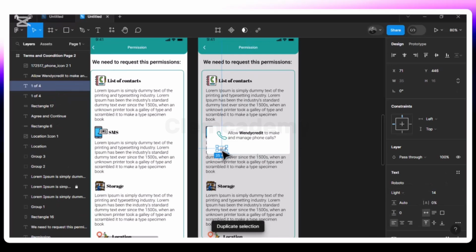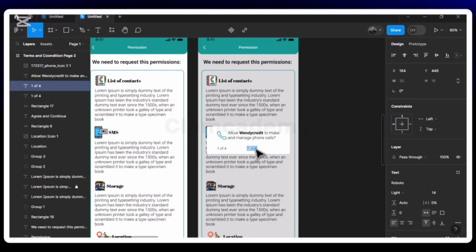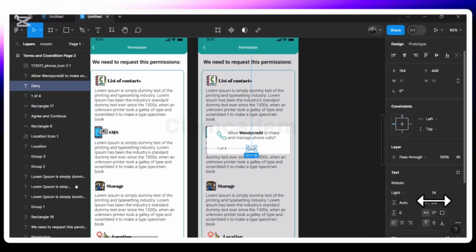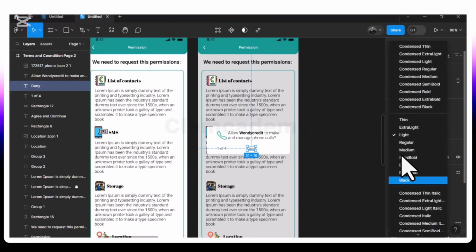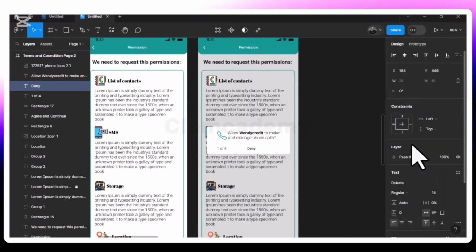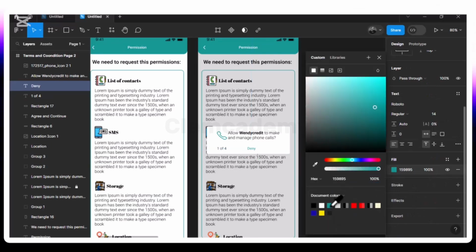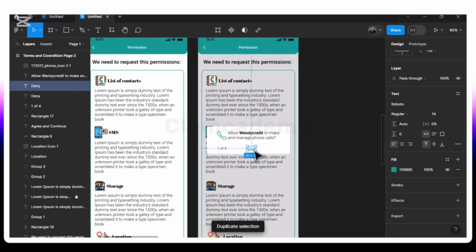So we just have to duplicate this, bring it here, change it to deny, right? And then we need to change the color. We're going to change the text weight to regular, and then we're going to change the color to our primary color. So we need to duplicate this,